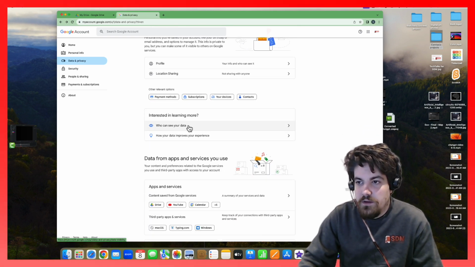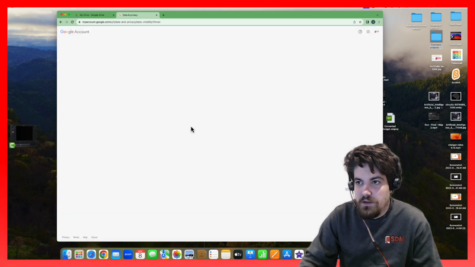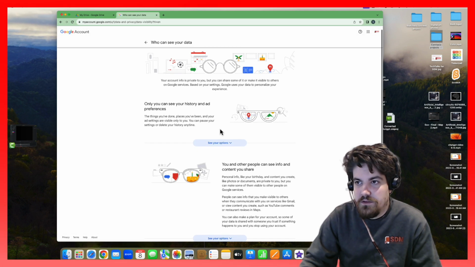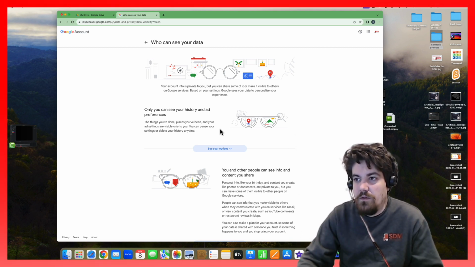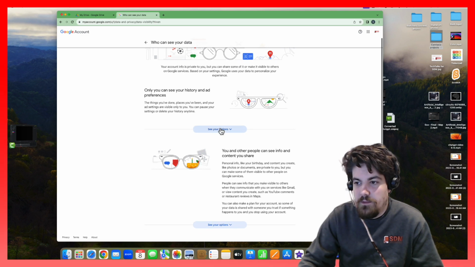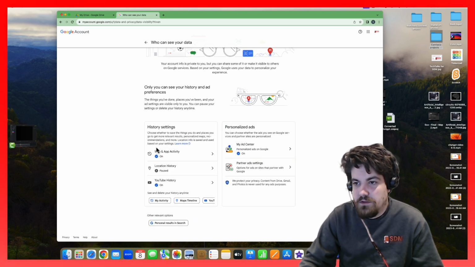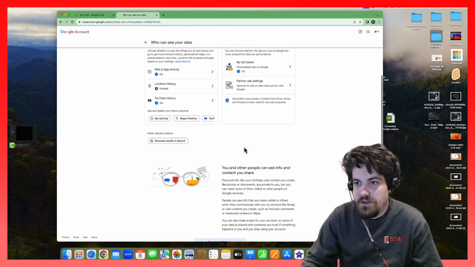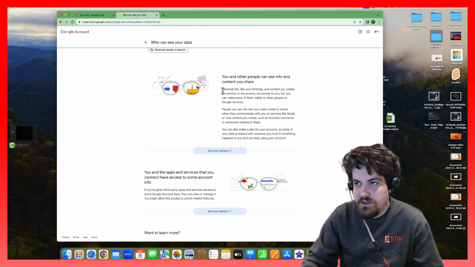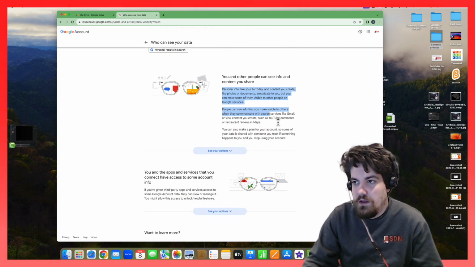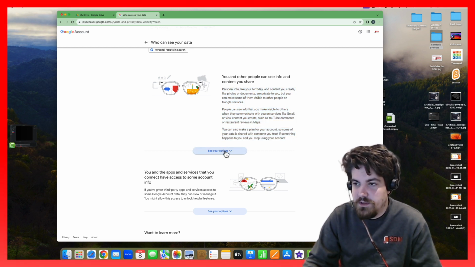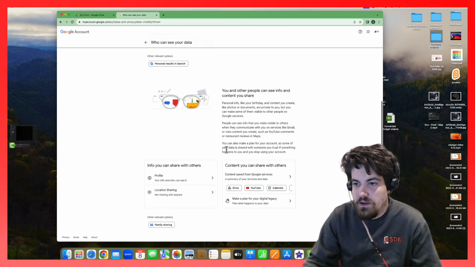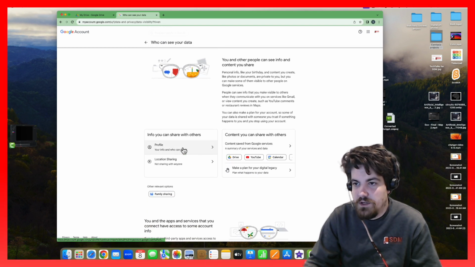And we're always able to go into things like this, like who can see your data, and it should take us through a bit of a breakdown about how things are happening and why, and then once again gives you an option as to how to deal with this type of thing. So it's about who can see your info, and if we click see your options, it's going to take us to the area where I just was: info you share with others for your profile, location sharing,